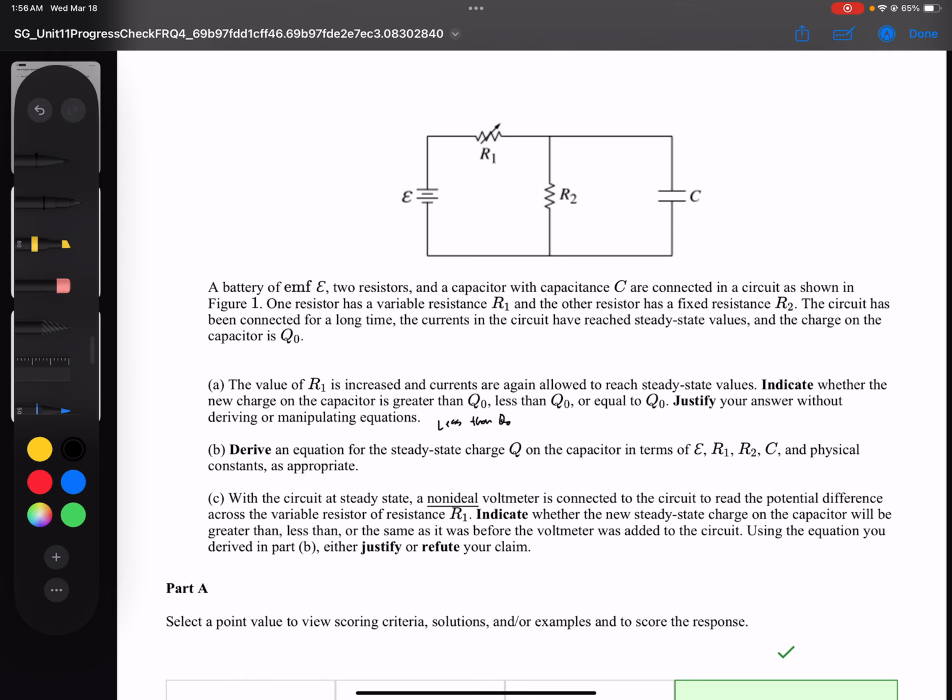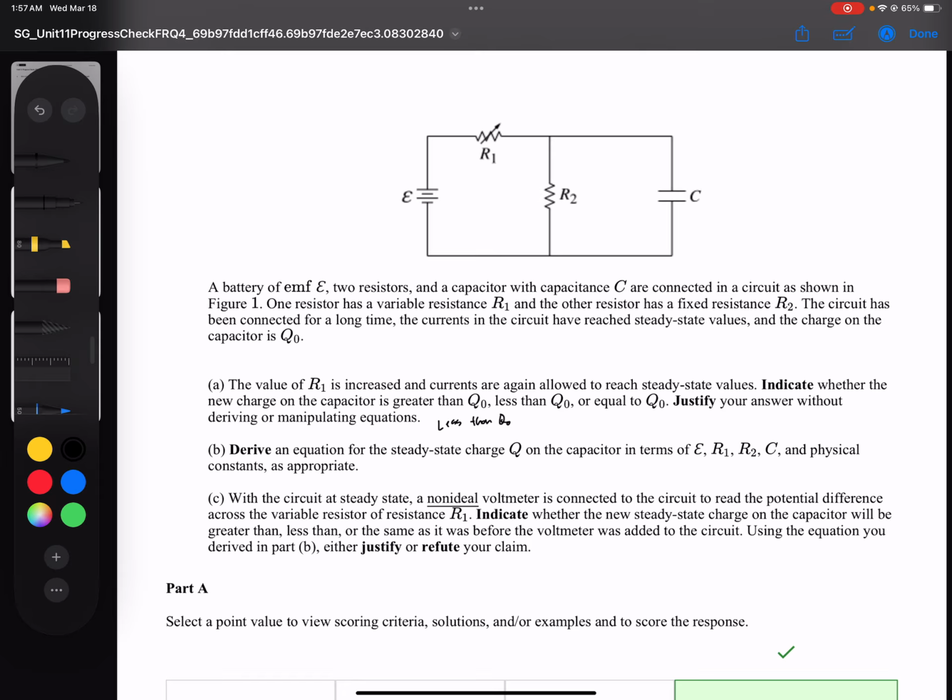And then the full line of reasoning basically is that increasing the value of R1 is going to increase the voltage drop across R1, and that's going to decrease the voltage drop across R2, right? So given that the total potential difference across the whole circuit is just the EMF of the battery, if I increase R1, that increases the voltage drop across R1, which decreases the voltage drop across R2, even if R2 stays the same, because R1 is larger, has to have a larger voltage drop, and the total voltage across the circuit is just the EMF of